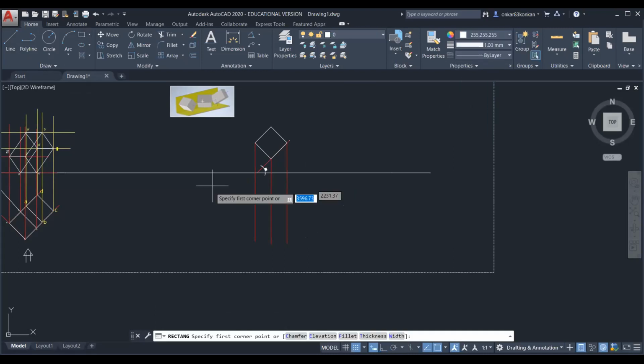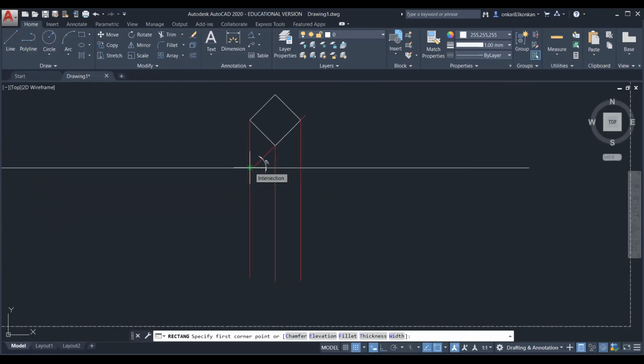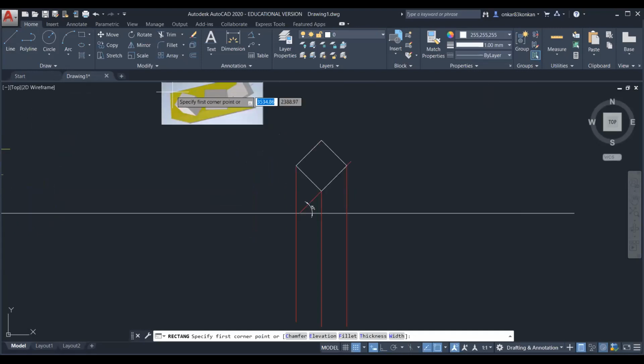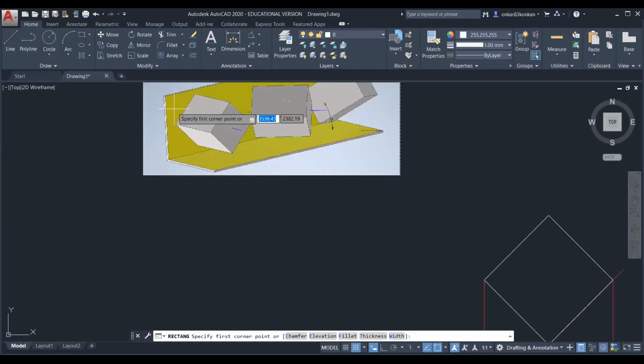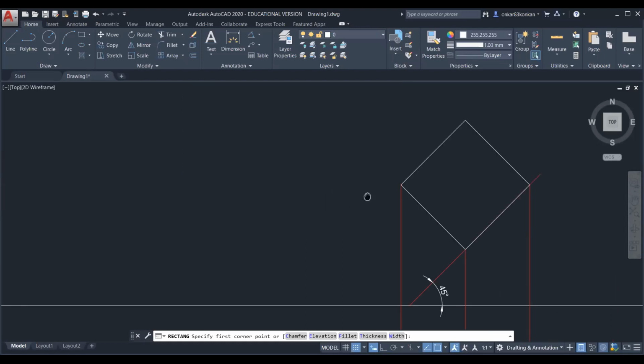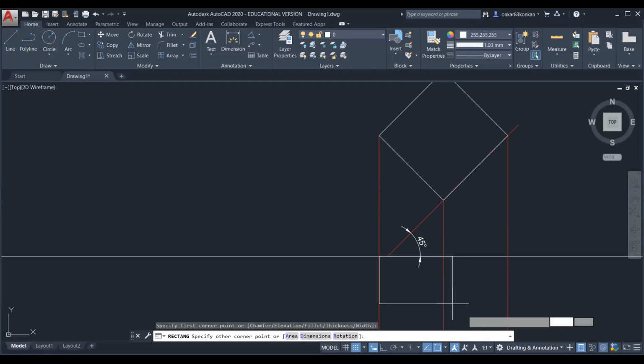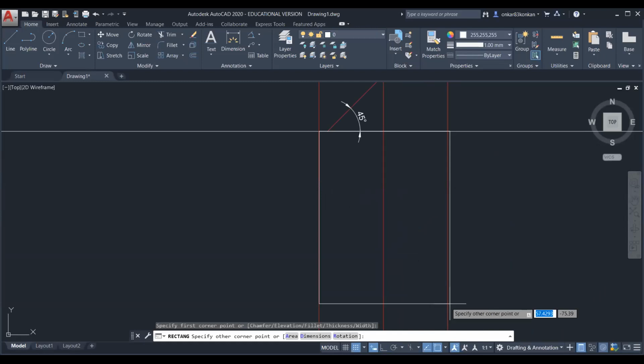When you draw the top view, you should start exactly from the XY line. Why should we start from the XY line? You can observe here, the complete base of this prism is on the vertical plane. When any point lies on the vertical plane, its top view will lie exactly on the XY line. So we should start the top view, that is a rectangle, exactly from the XY line. The height is 60.